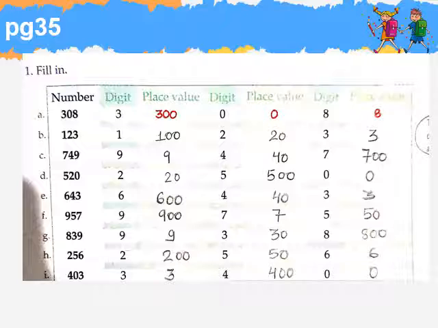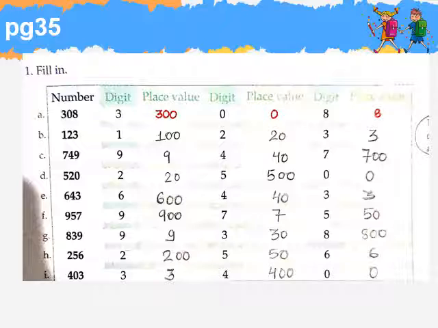Now children, the next digit is 3. In number 123, 3 is at ones place. So its place value is 3. Look at the next part, children. The number is